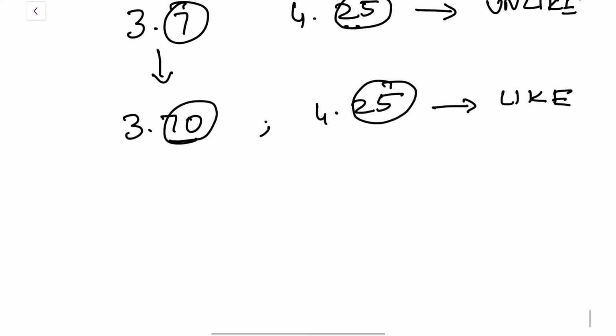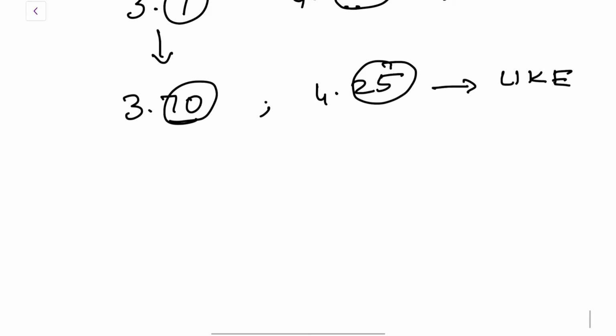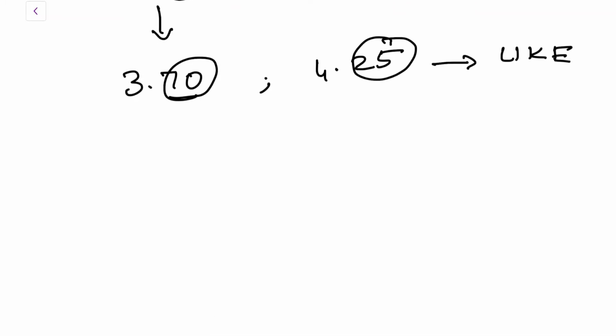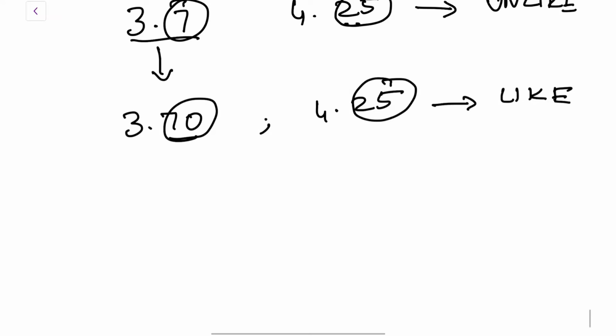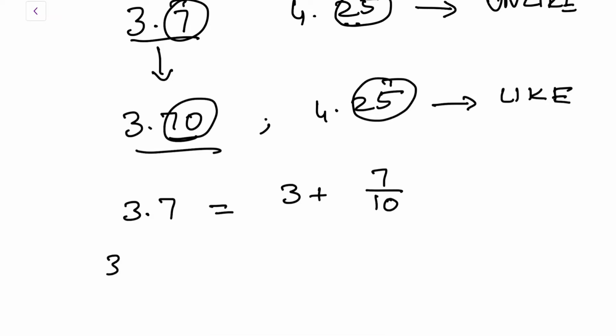If you're wondering, 3.7 and 3.70, are they the same? Yes, they are the same. 3.7 is nothing but 3 plus 7 by 10. This is how you write the expanded form. And 3.70 can be written as 3 plus 7 by 10